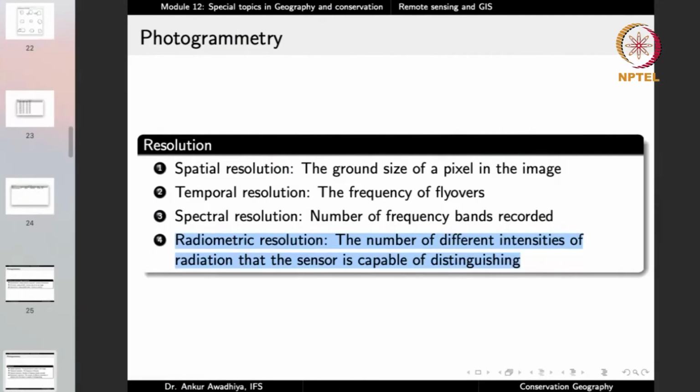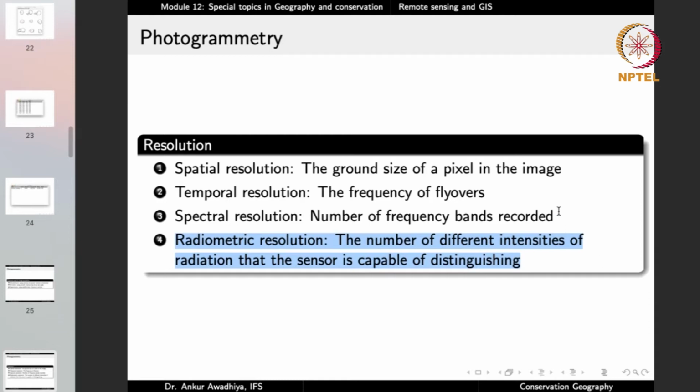But if you have a multiple bit image, then you will be able to record that it is bright, then less bright, then even less bright, then dark, darker, darkest and so on. So if you have more bits in the image, you record a much greater amount of variation in the intensities. And that is the radiometric resolution, the number of different intensities of radiation that the sensor is